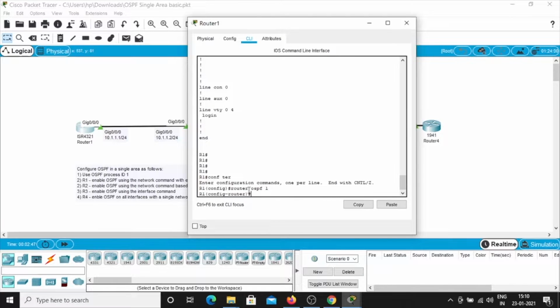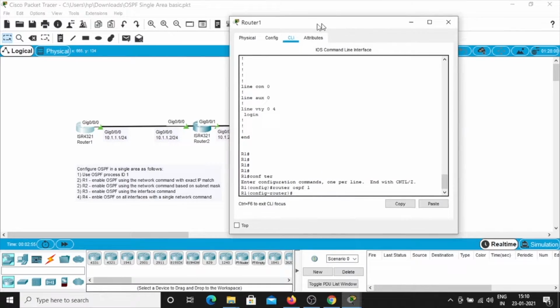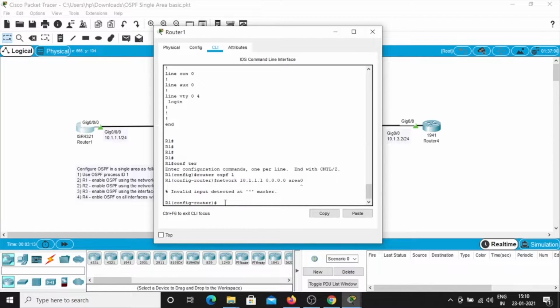Then we are asked to enable OSPF using the network command with exact IP match. So the next command is going to be network 10.1.1.1 0.0.0.0 area 0.